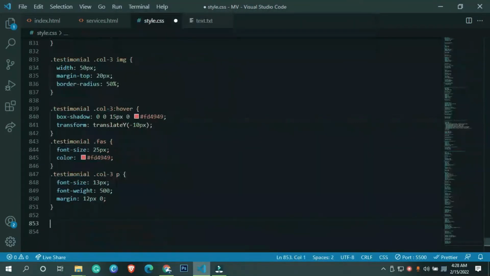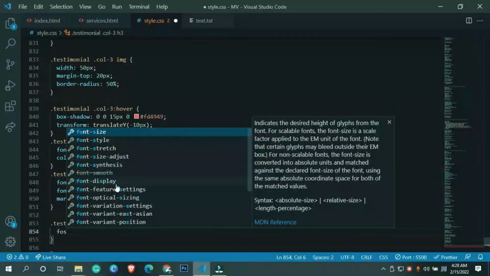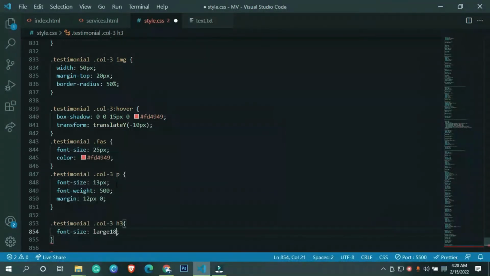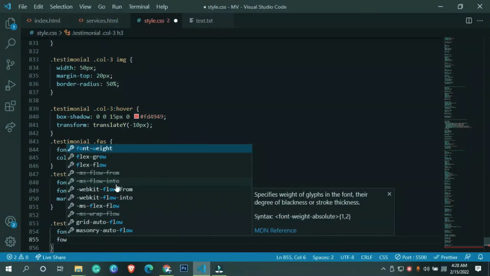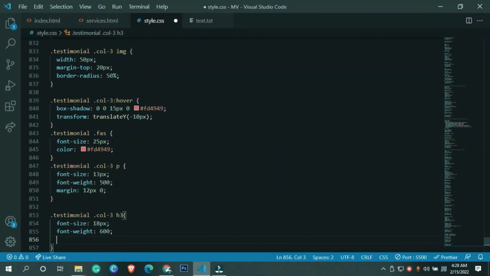Now we can move on to the next thing, and that is going to be the, let's call this column 2, and we can also target this S3. Okay, because we need to target the name as well. So font size is around 18 pixel, and the font weight is going to be 600,